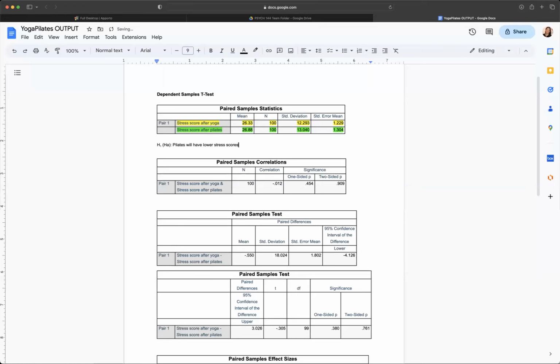That's what we're trying to find support for. So we would reject our null hypothesis or fail to reject, and that would give us support or not for this. What you can do right now is look at this and say, well, Pilates has a slightly higher stress score. So descriptively,